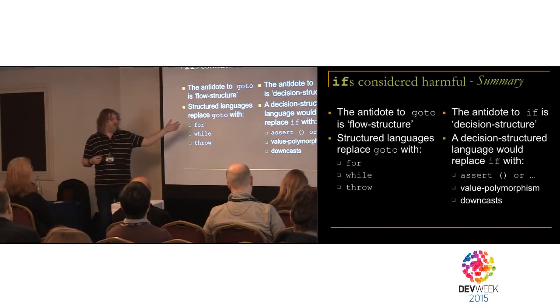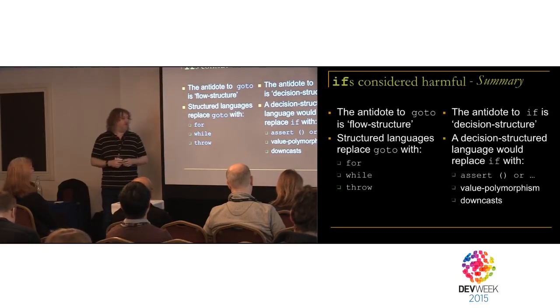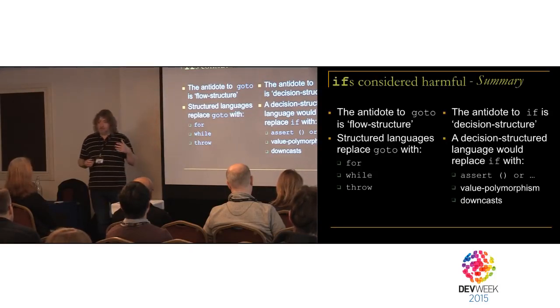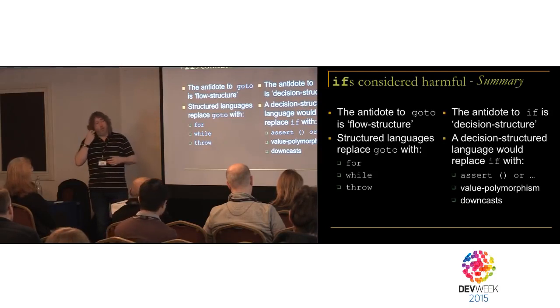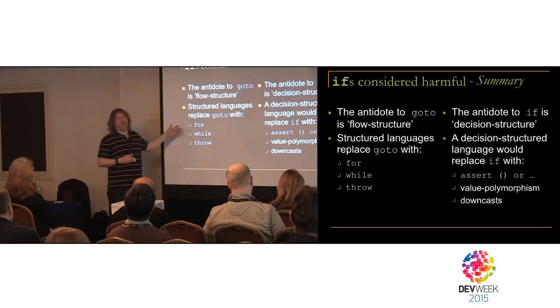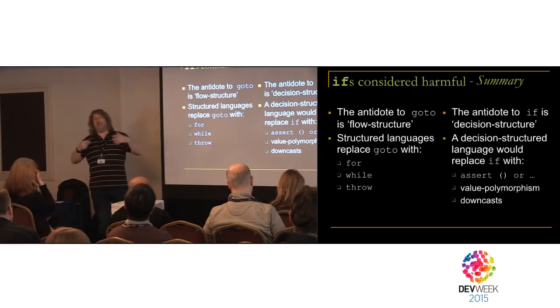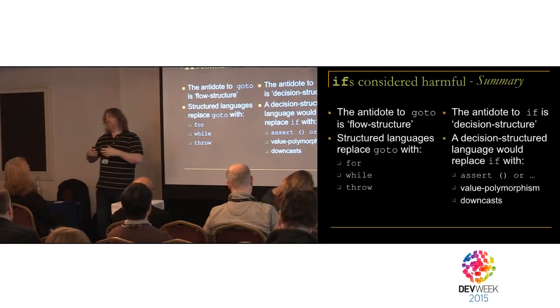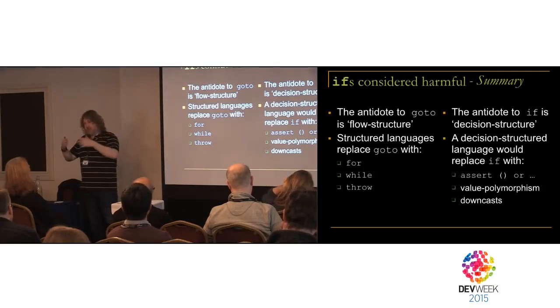And so we've got things like assert, but value polymorphism is in the language itself, it's not a keyword. And these downcasts that I showed you, that also is in the language itself. We can fake them for now, but they're not simple keywords like these are. But fundamentally, it's the same attitude: if we can take the problem and obviate it by replacing the keywords with the shape of the code itself.